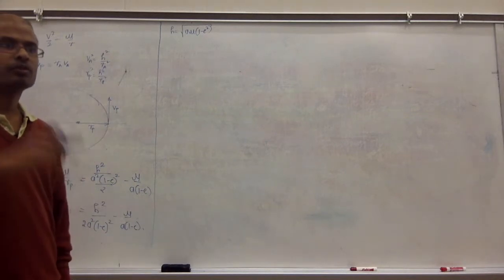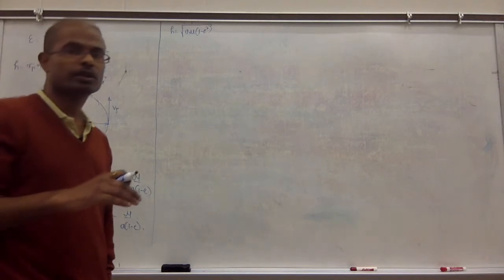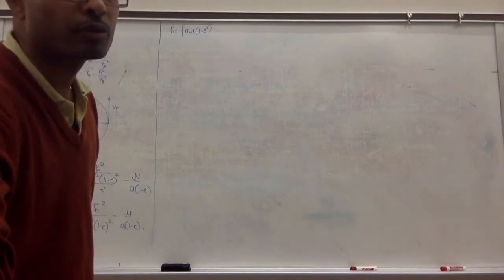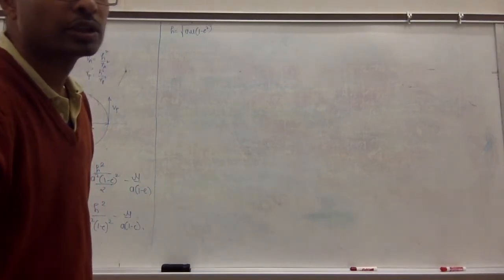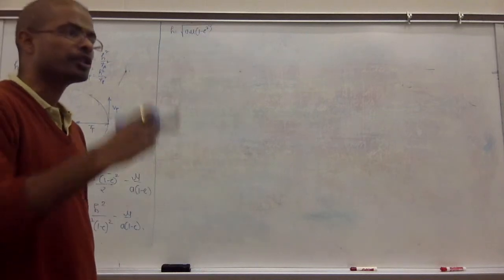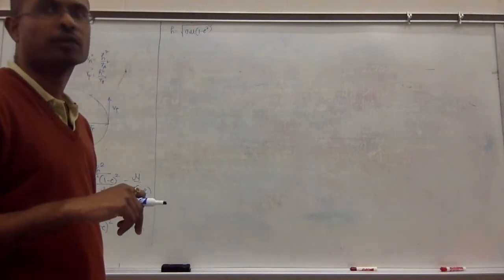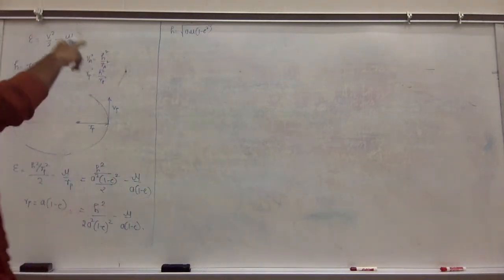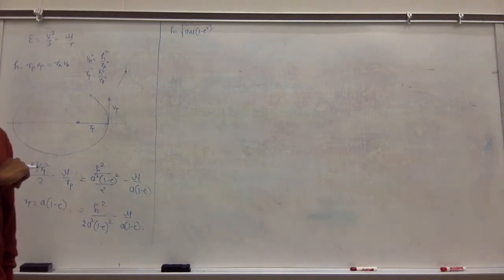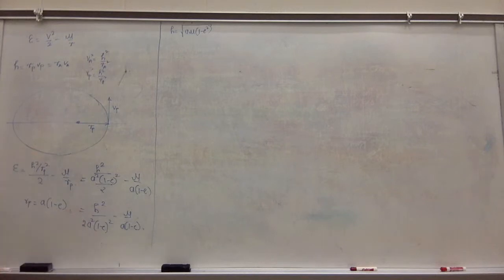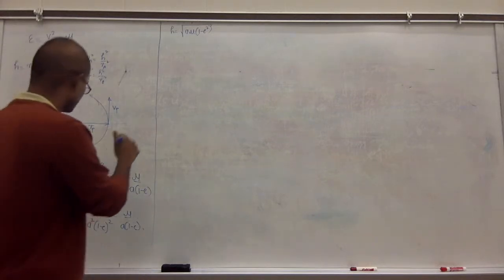If you just move around, and if you look at problem number 2, a is given to be h square over mu 1 minus e square. So if you move around, you're going to get this. And the way you have to figure out is, if you know what the end result of this is, you will try to substitute everything in that end result form. If you do that, so what you're going to get is